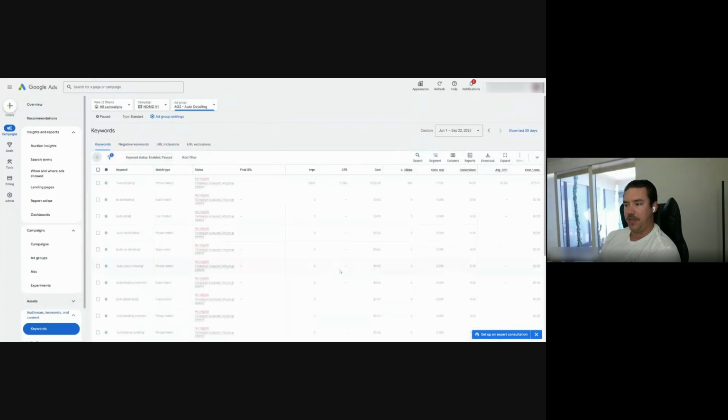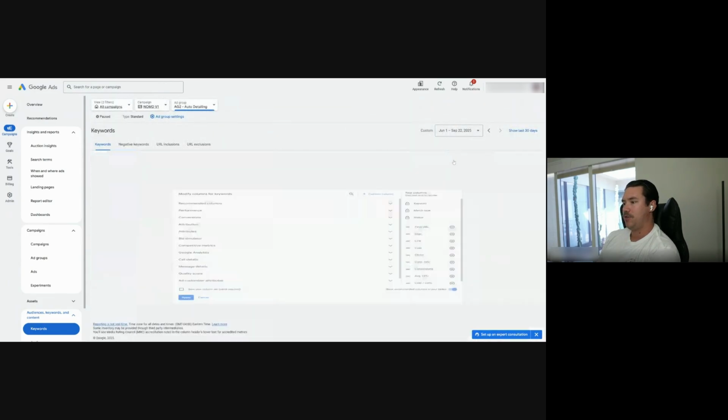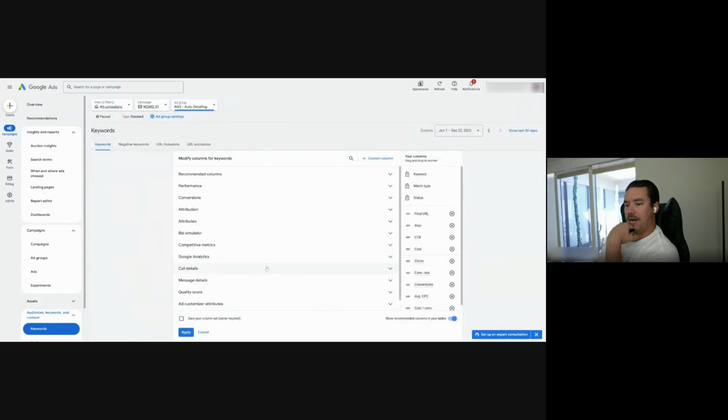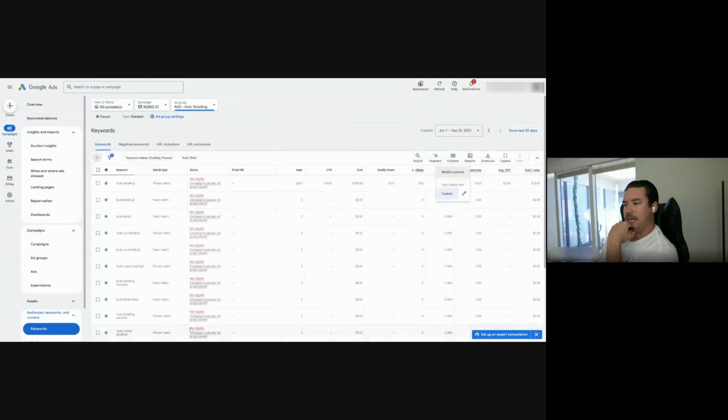What that means is, if you look at these keywords, again, it's very difficult because there hasn't been a lot of actual volume and traction within them. But what I like to do is go to the actual quality score and take a look at this. This has a 5 out of 10 quality score. Long story short, what this means is that this keyword is not as prevalent on your website as it could be.